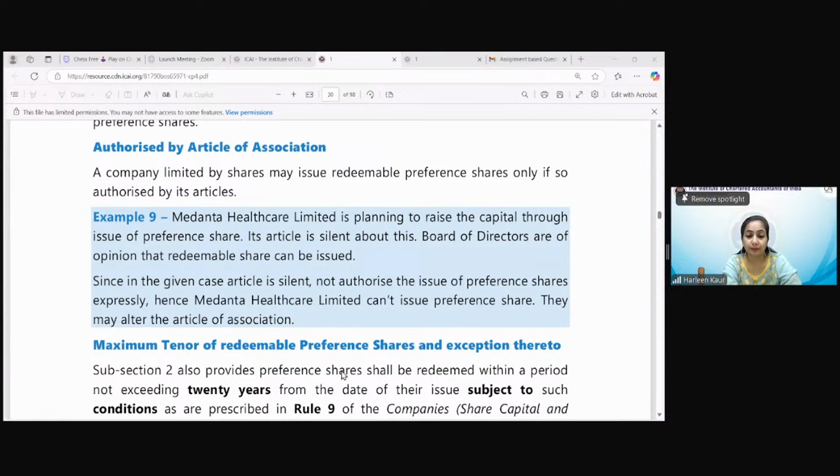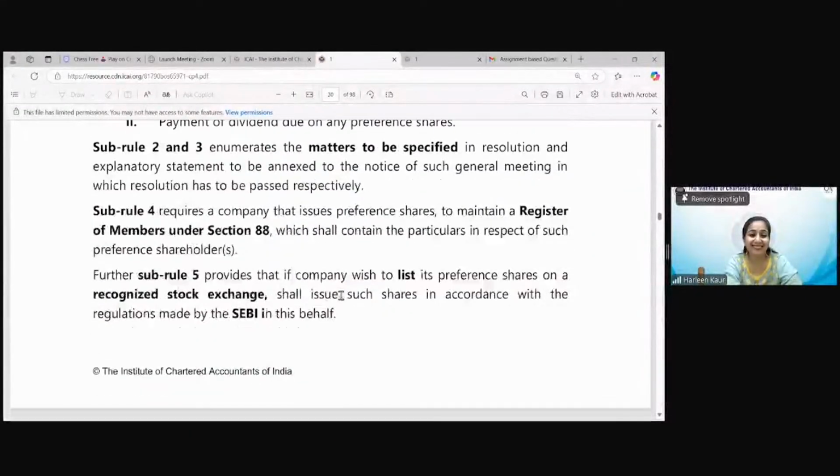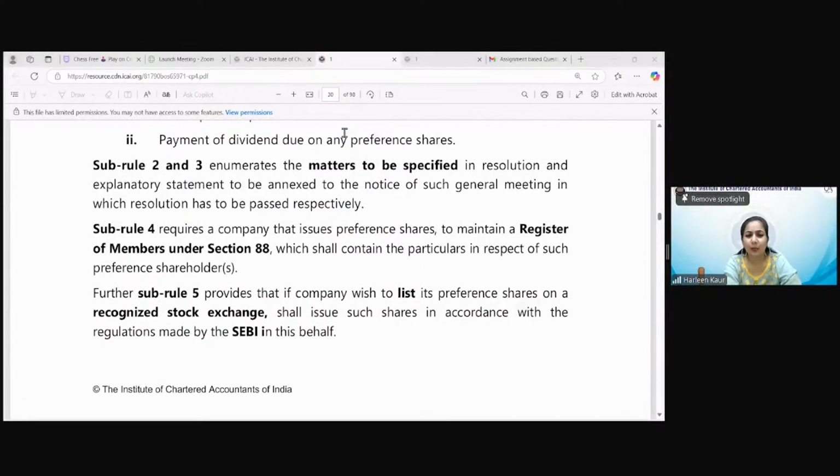30 years, good. How much of the preference shares should be redeemed from the 21st year? My God, so many intelligent students in my class. Everybody clear? 10%, very nice. 20 to 10, Anubhav, it's 10%.